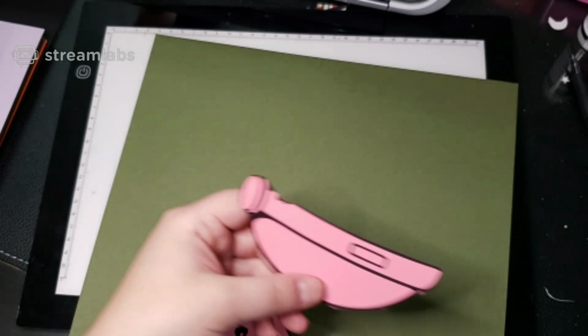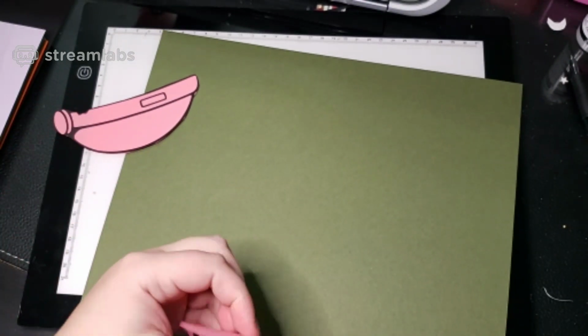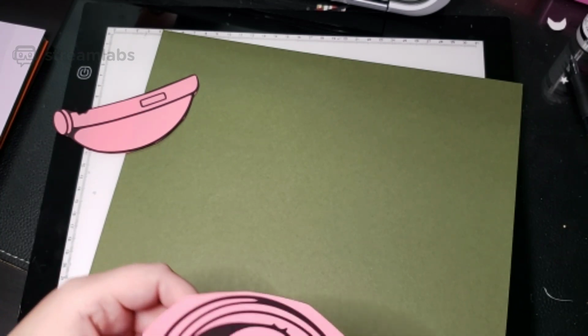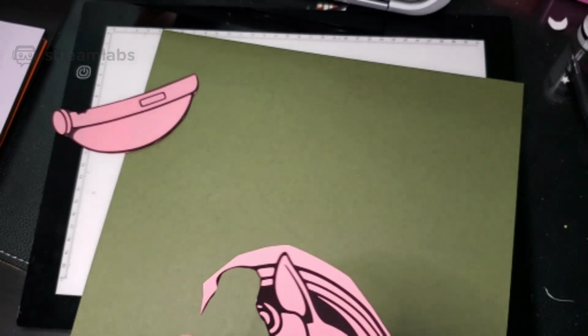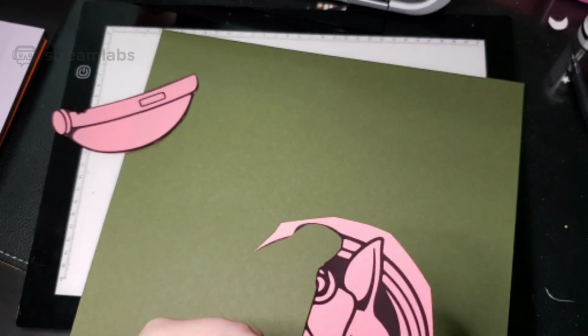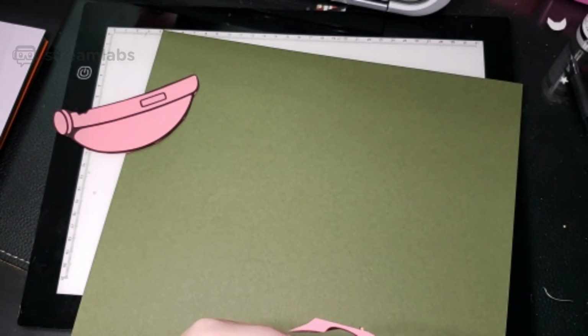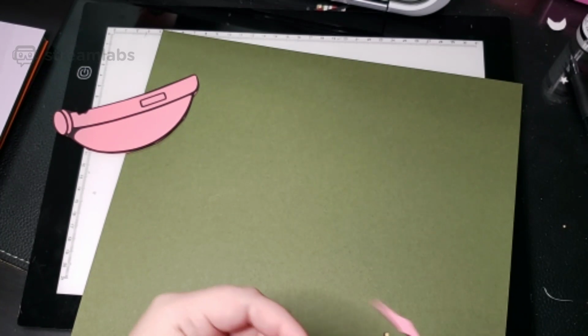Now, if you watched other videos, I'll just draw it. But here's the thing, I already have this template, so why would I recreate it when I don't have to? Right? I mean, it's already existing. So as you can see, I'm just dividing it out, and I'm thinking about this in colors. So everything I'm cutting out right now,